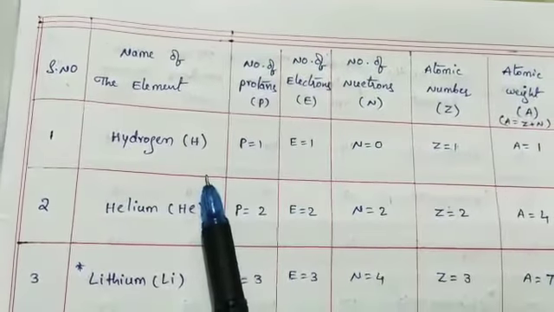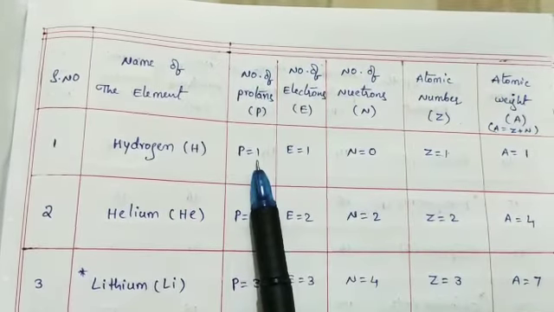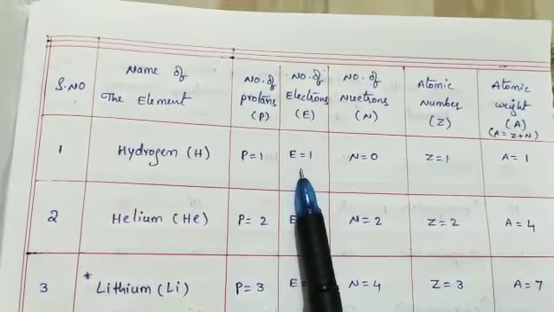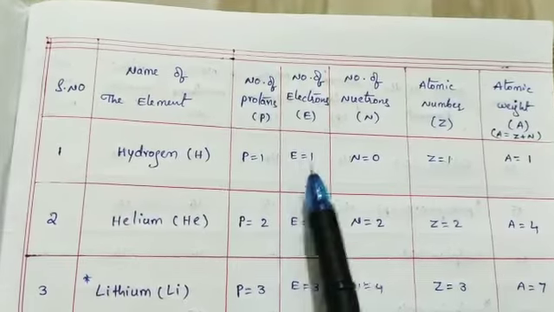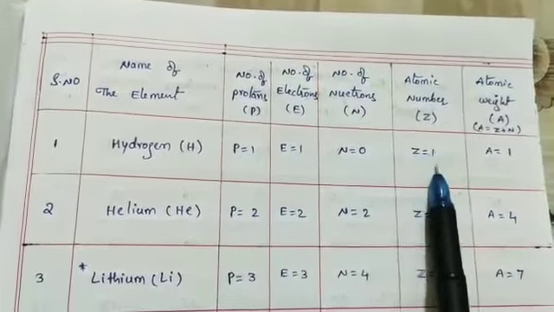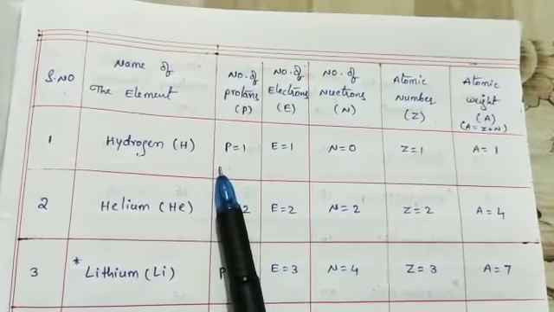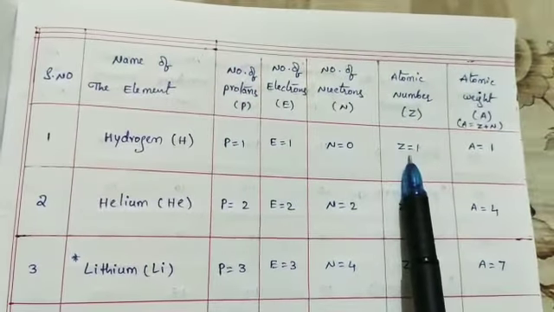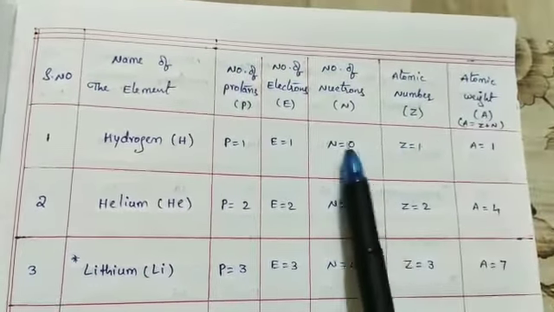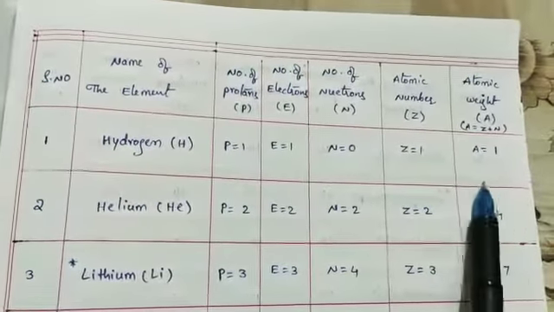Now if you consider the hydrogen atom, which is indicated by H, you know already, it contains one proton, so the number of positively charged particles is 1, and the number of electrons is 1, that means the number of negatively charged particles is 1. It does not contain any neutral particles, so neutrons are 0. So the atomic number is 1, since the number of protons is always the same as the atomic number. The atomic weight is Z plus N, or P plus N. The number of protons is 1, neutrons are 0, so 1 plus 0 means 1.